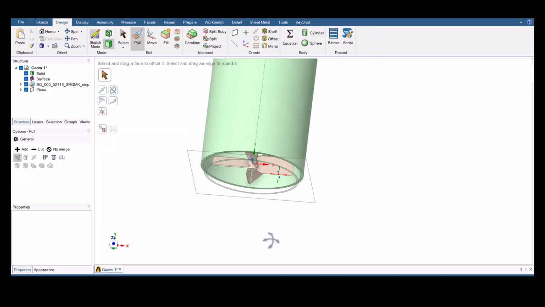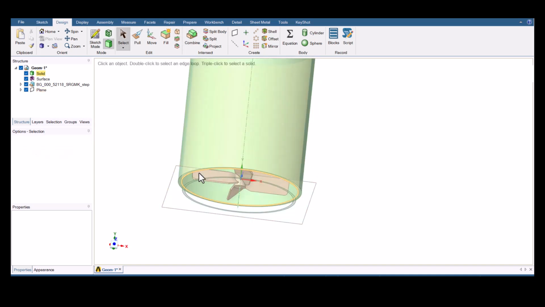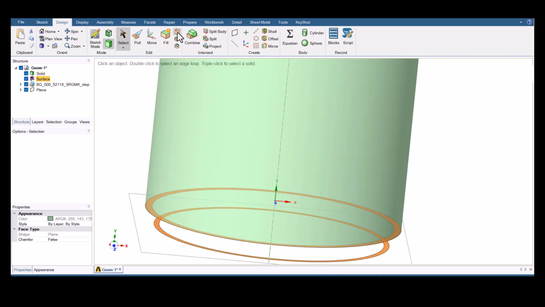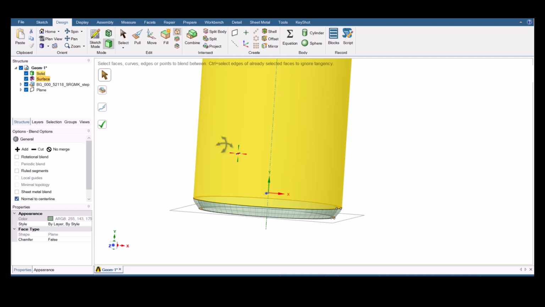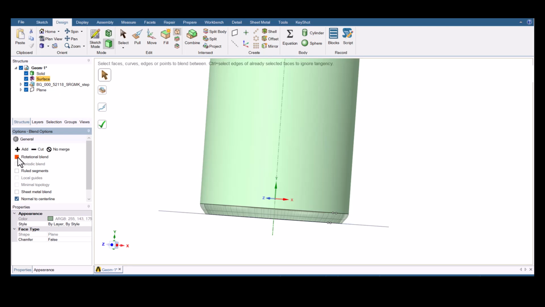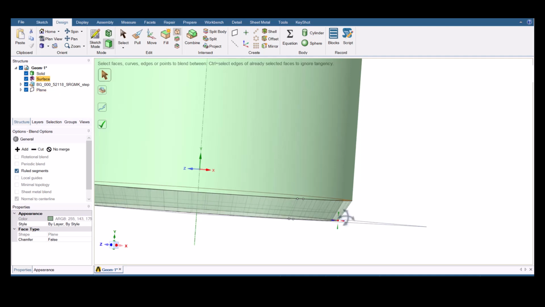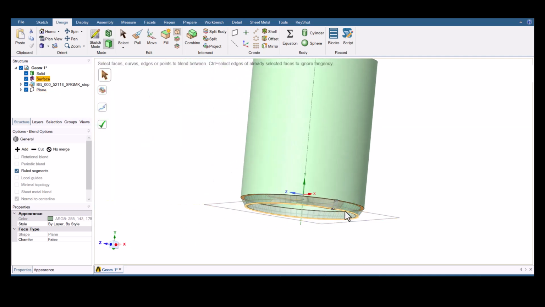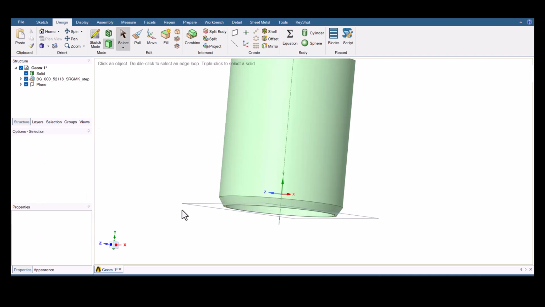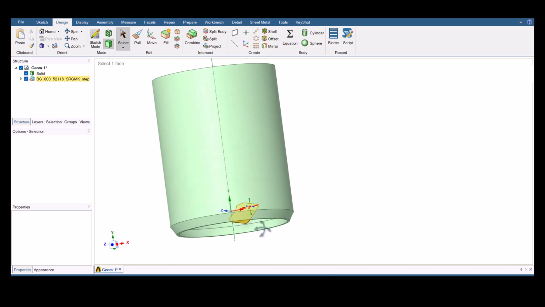I will exit the sketch, and now I will use this surface and this newly created surface, and I will use blend option. So while blending, I will be using rotational blend, or I can use ruled segment. So ruled segment will give you the geometry like this. So I guess ruled segment is fine. Now as you can see,